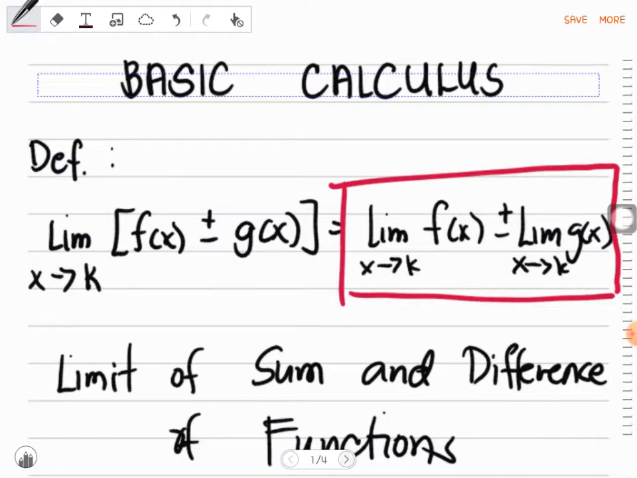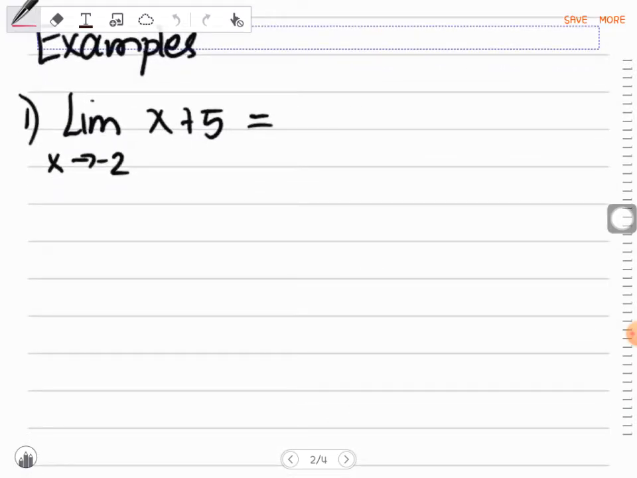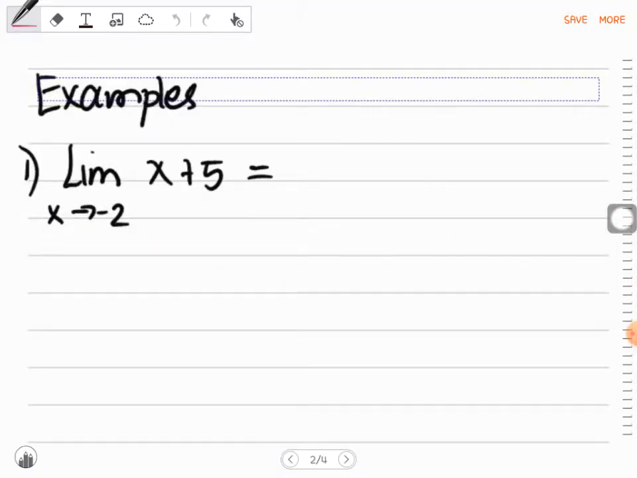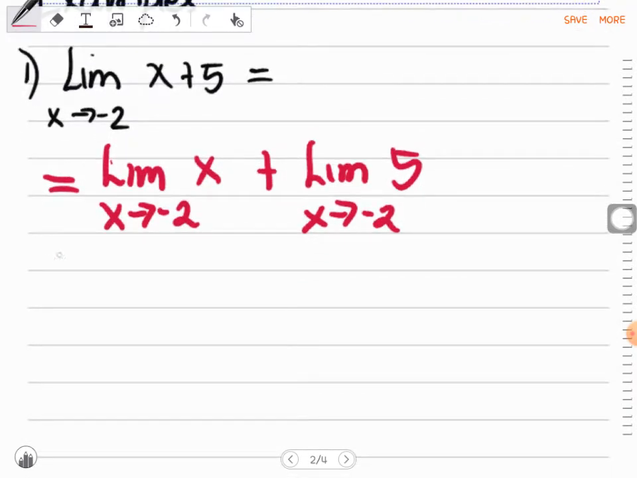Let's have example 1. For the example number 1, we have limit of x plus 5 as x approaching negative 2. To answer this, always remember this equation. Okay? So we have limit of x as x approaching negative 2 plus, di ba, limit of 5 as x approaching negative 2. Okay, this is our first part. For the second part,